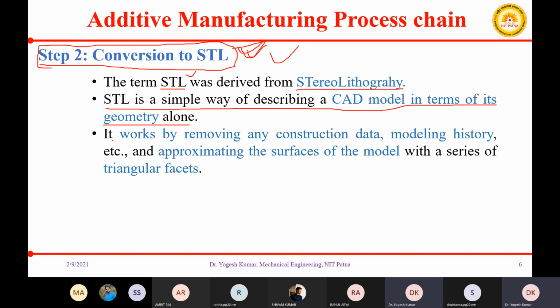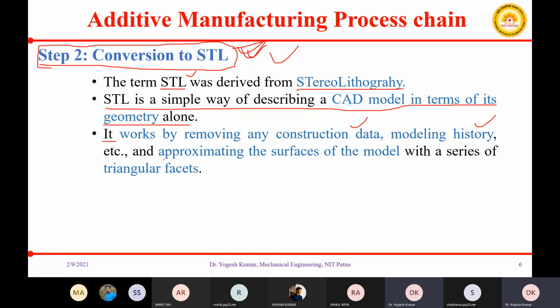In stereolithography, some things are done automatically by the software, and it works by removing any construction data, modeling history, etc. All of this modeling history and even construction data is removed when you create your STL file.